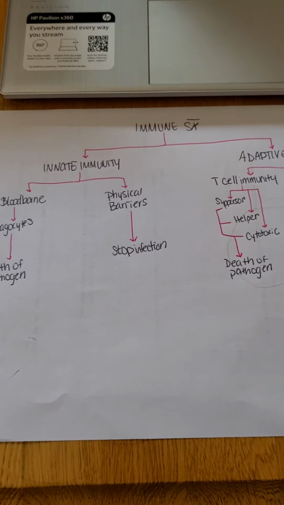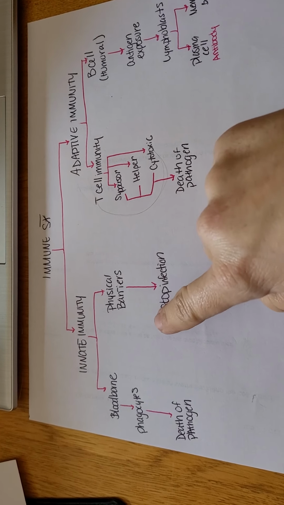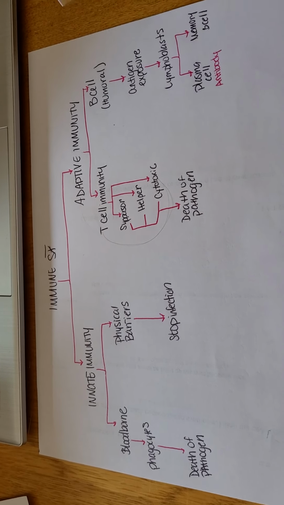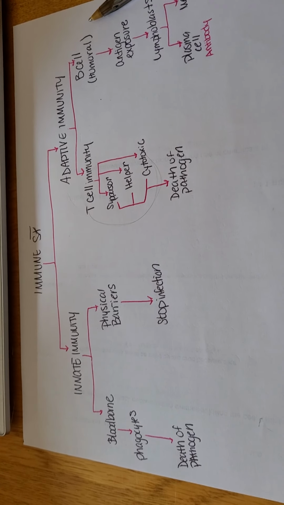This is the immune system flow chart discussion video. Okay, so we have an immune system, and that immune system breaks into innate immunity and adaptive immunity. When we have our innate immunity, that breaks down into